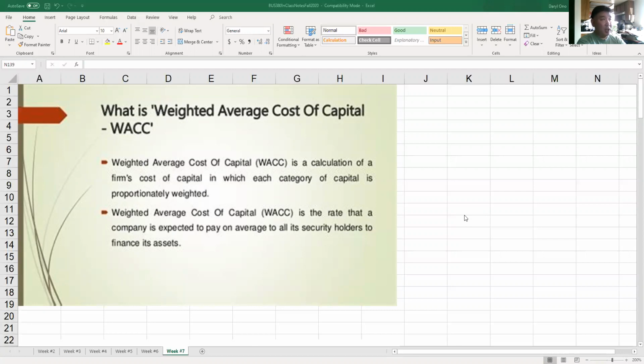So the weighted average cost of capital is important because it's going to be the borrowing rate for the company. It's commonly called a hurdle rate too. The company has to get a rate of return greater than the weighted average cost of capital for a project. Otherwise, don't do the project. You're not going to borrow money at 10% and only get a 7% rate of return on your project.